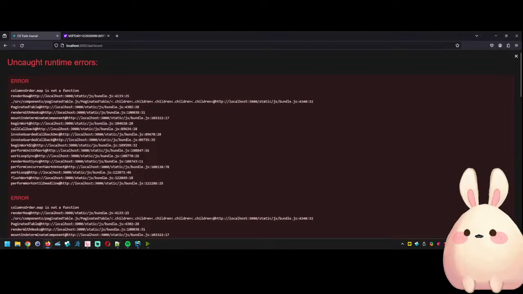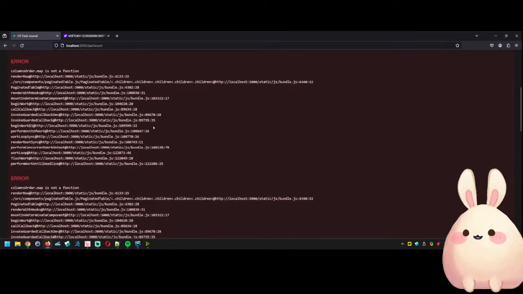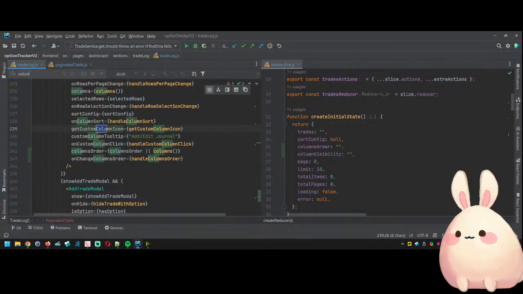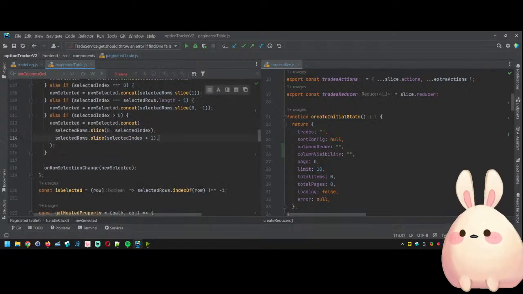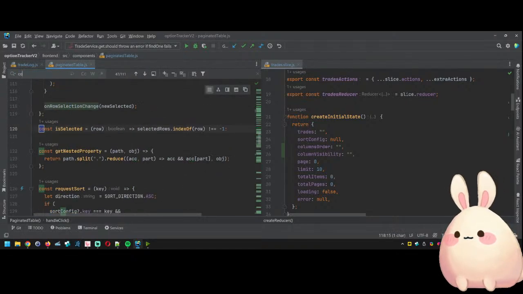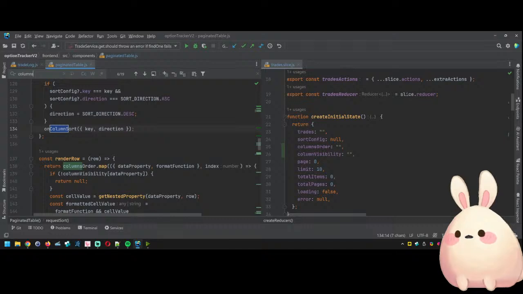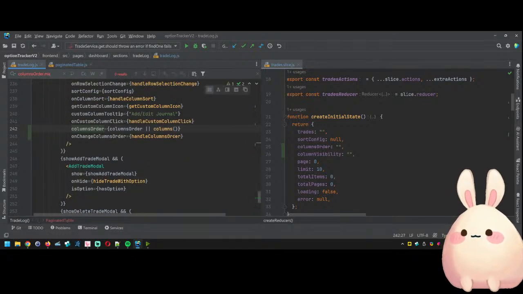No, you're not. Okay. And it's only caused by the .map, and it's because of the render row. So rather than clean it up here,